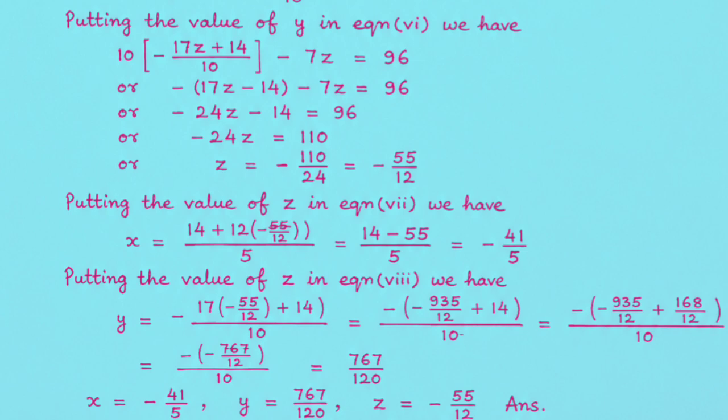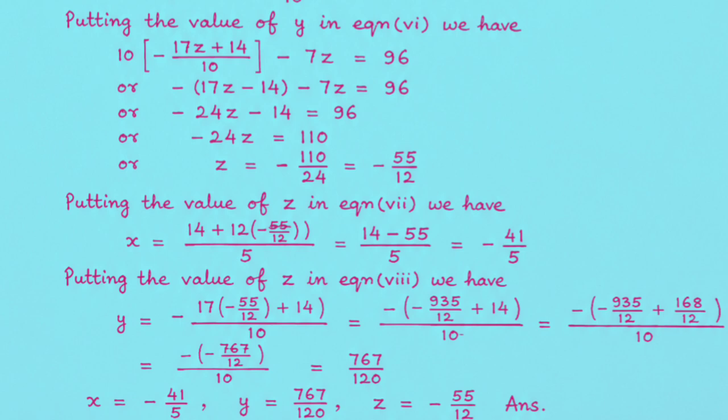Putting the value of z in equation 7, we have x is equal to 14 plus 12 into 55 by 12 minus 55 by 12 by 5 is equal to 14 minus 55 by 5 is equal to minus 41 by 5. Putting the value of z in equation 8, we have y is equal to 17 into minus 55